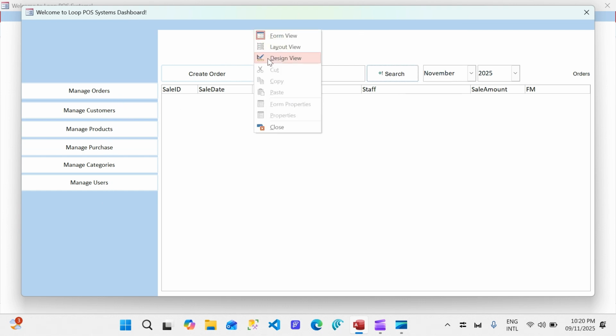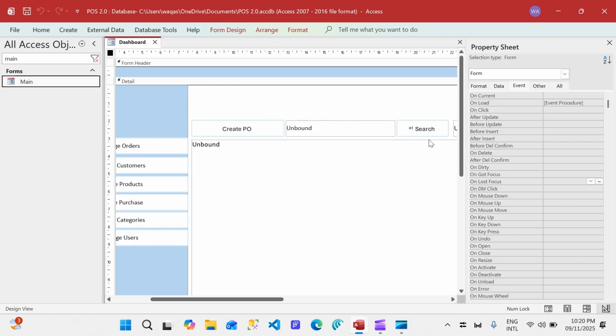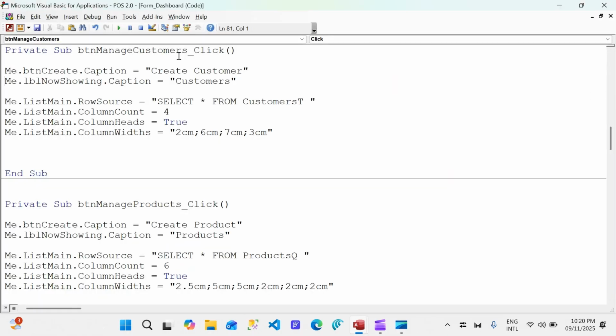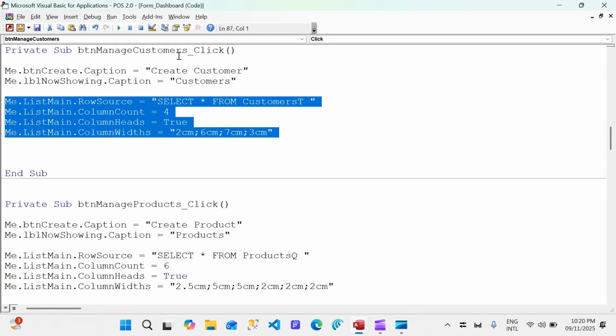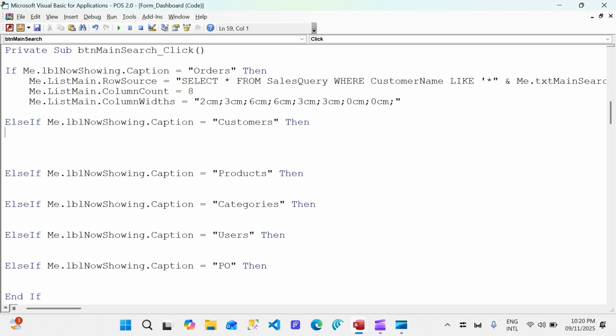Now I know the video is getting lengthier, but let me show you one more button, and then we will sign off. But exactly, I'm going to repeat the same for all the functions. So next we are searching for customers. So I'm going to go to event. I'm going to simply copy this code. Okay. And I'm going to search dot dot dot. And right here we can say,